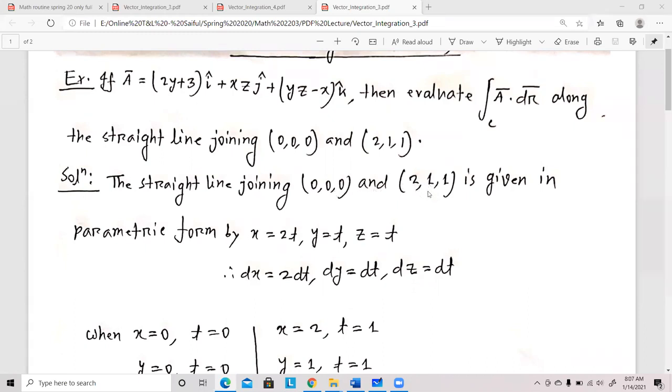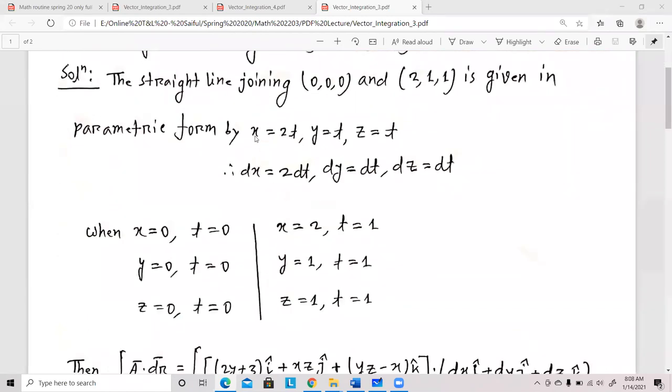Then for the second and third coordinates, 1 and 1, we get y equal to t, z equal to t. So we can form the parametric equation, and we got x equal to twice t, y equal to t, z equal to t. Now if we want to find dx, dx will be 2 dt, dy equal to dt, dz equal to dt. Now if we want to find the range of t,